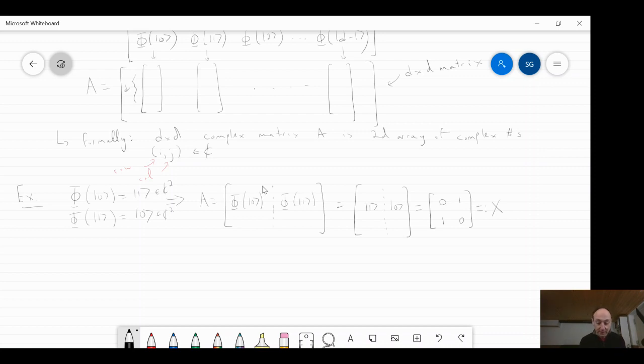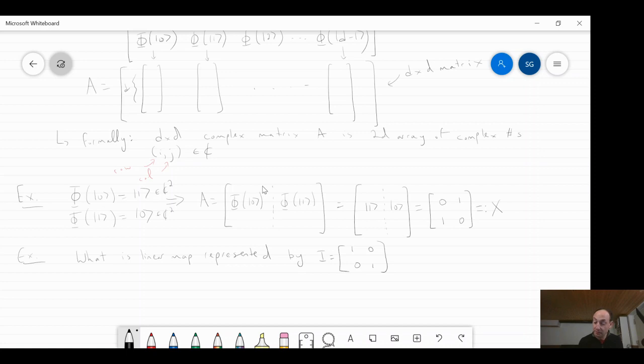Okay, and similarly, we can do another exercise, so let's go in the opposite direction. Suppose I give you a matrix and I want to know what linear map this thing is representing. What is the linear map represented by the matrix 1, 0, 0, 1? And here I'll put an I, because this is called the identity matrix, if you'll remember.